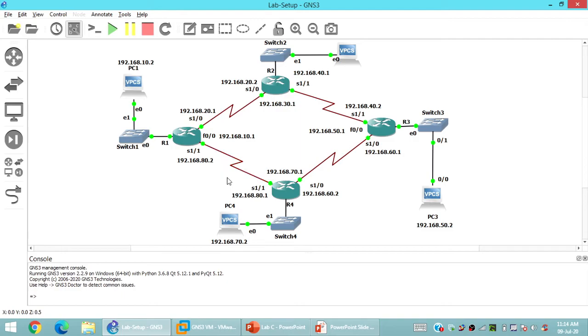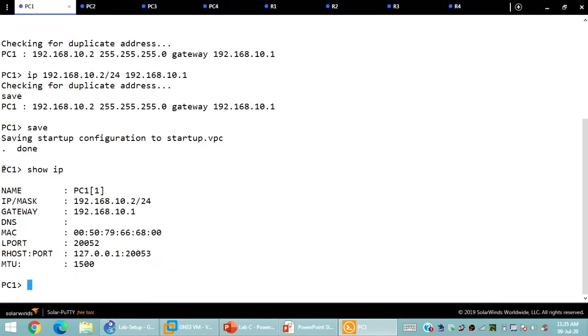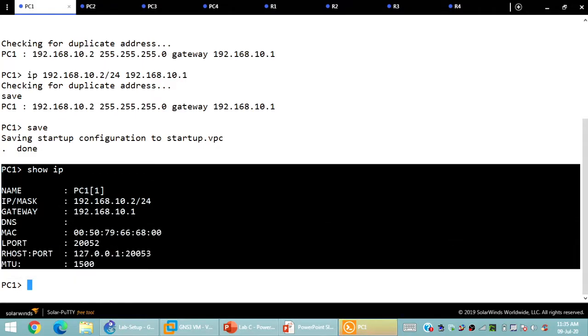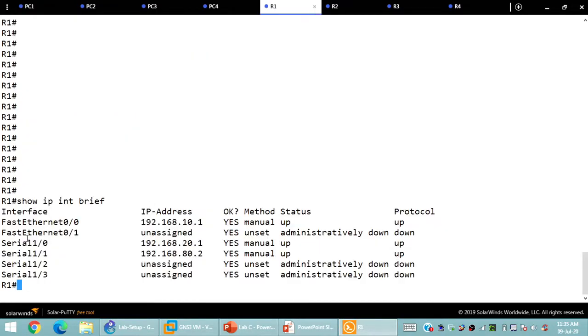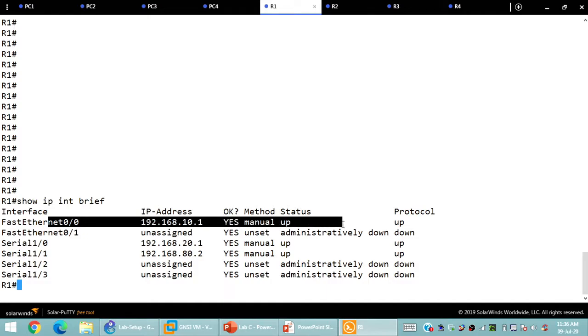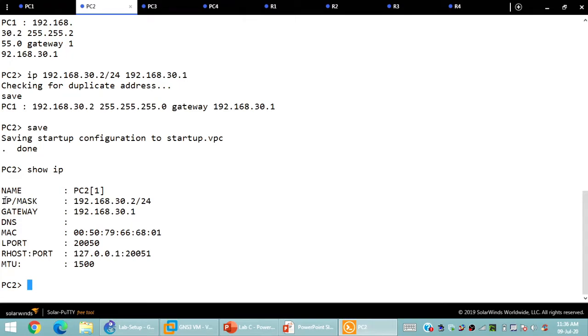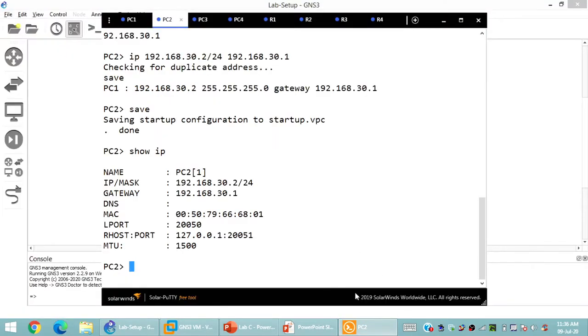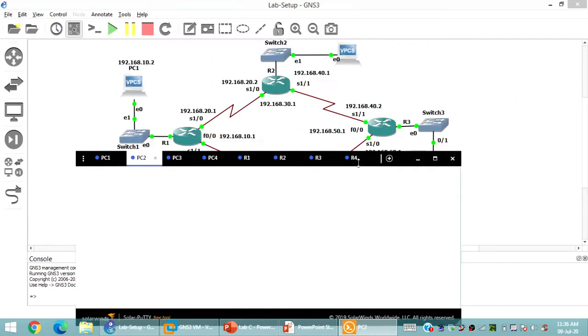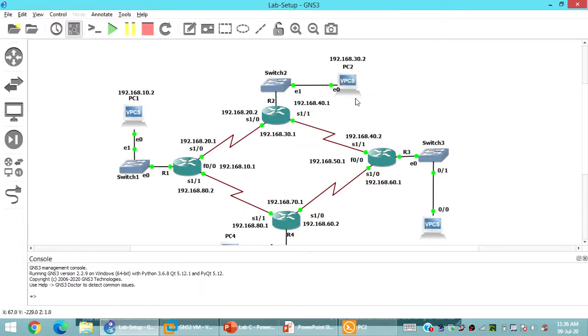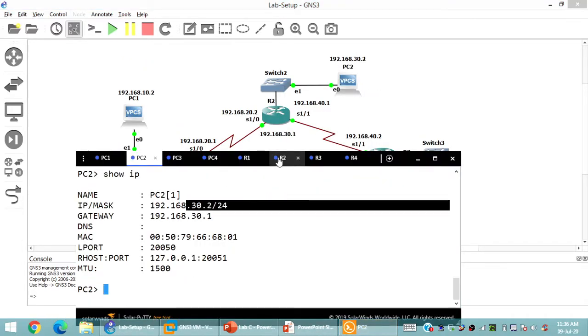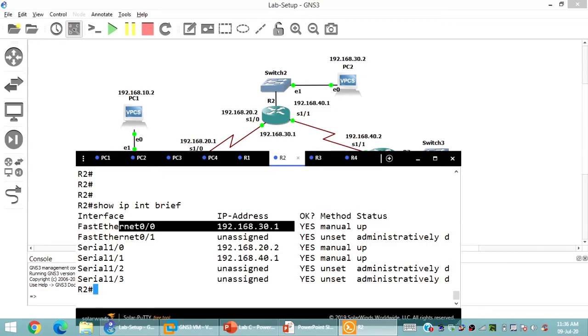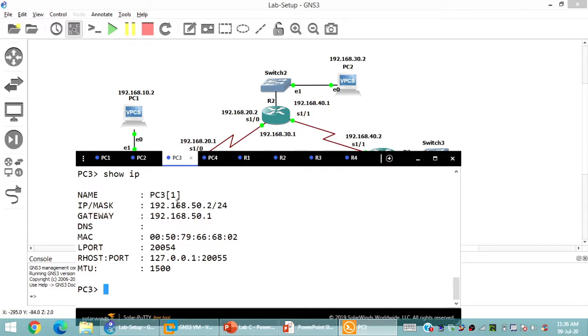Let me start with GNS3. Okay, so the entire lab has been placed over here, and now I'm just going to PC1 to make sure. You can see 10.1 is shown over here as a FastEthernet, and similarly 30.2 is shown over here, and the FastEthernet is configured with 30.1, that is the internet gateway.